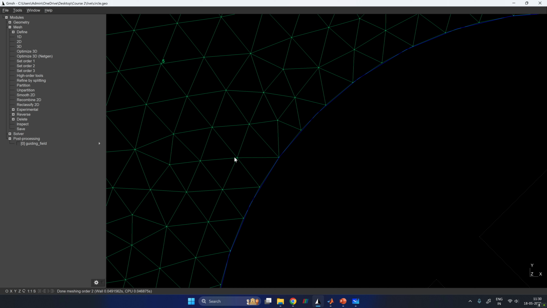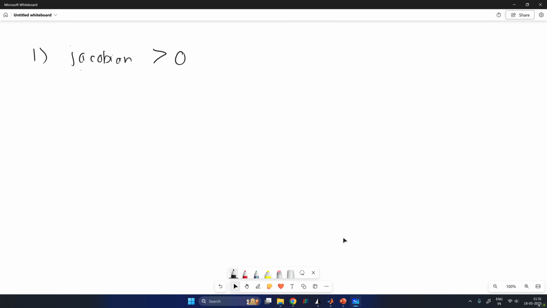So if Gmsh is counting counterclockwise and you count them clockwise, then due to that error in the coding, the Jacobian can appear negative, and then you are using negative terms where you should be using positive terms, so your code will just go wrong. So that's one point. The second is also that if you look at this element,